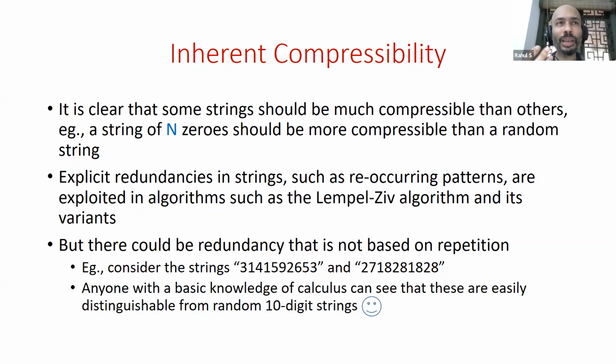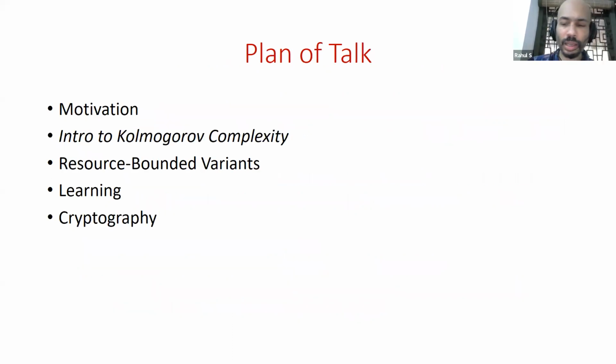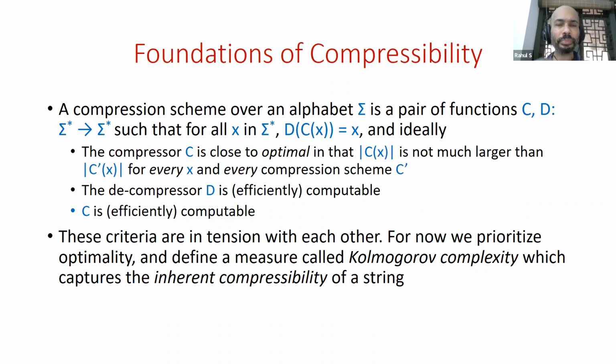And can you use this information, that these are well-known mathematical constants, to compress these strings, especially when the strings get longer and this pattern continues to occur, that it's the expansion of a natural mathematical constant? So I'm interested in deeper forms of redundancy, which can be exploited when compressing. And that's where this notion of Kolmogorov complexity comes in and is very useful.